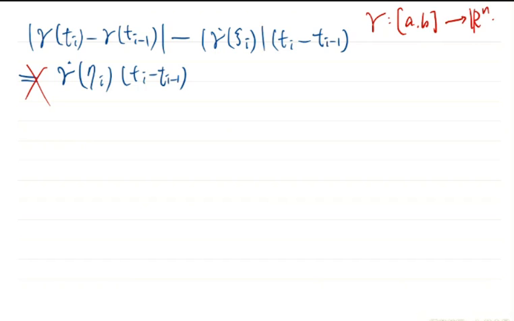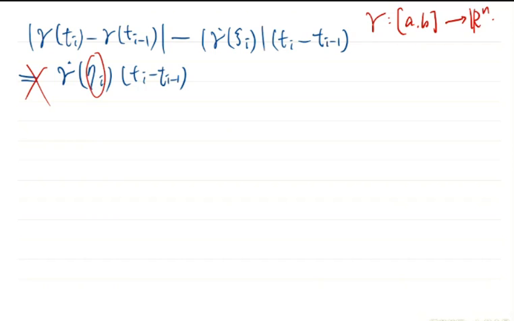If gamma is real valued, n equal to 1, a one-dimensional function, this is okay. This is precisely the Lagrange mean value theorem. But for a vector valued function, we do not have the Lagrange mean value theorem, because for each component of gamma, the mean point might be different. You cannot use a single